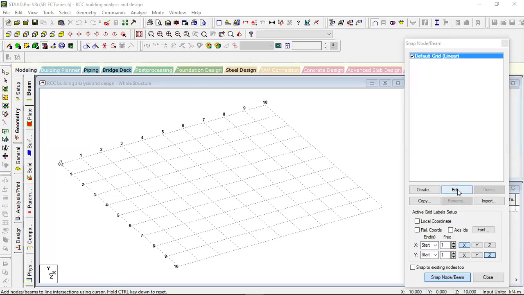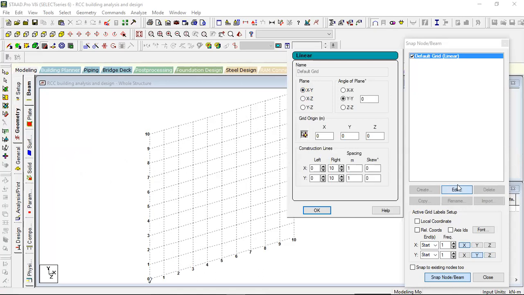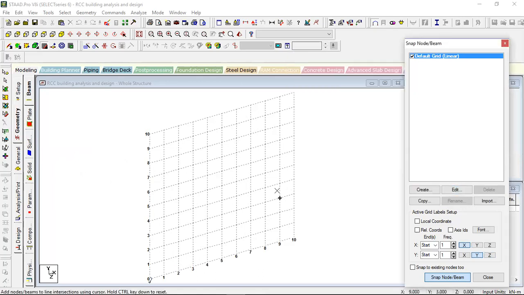So in this video we will start learning how to do the modeling of an RCC building and how to analyze the RCC building. Okay, so now we will consider the building as a G plus 2 structure, meaning one ground floor plus one first floor and plus another floor, that is a three floor structure. Okay, so now what I will do, just